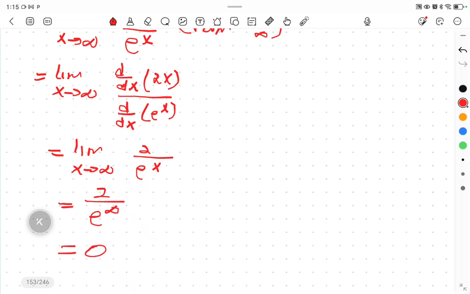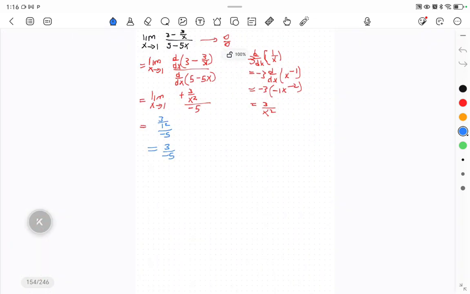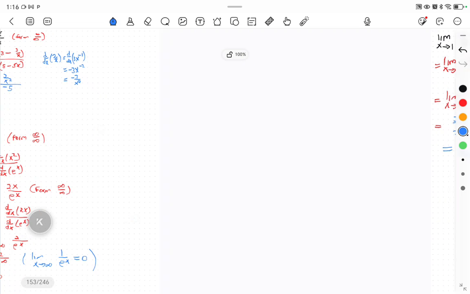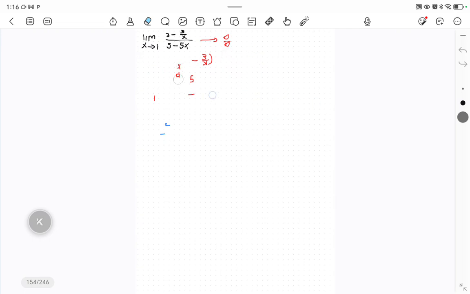It's right. So we should know this, that the limit as x approaches infinity of 1 over e to the x will always give us 0. That's right. So that is like 2 over x. Yeah, it's 2 over e to the x, which is 0 also. Doesn't matter the constant, it can be any constant. So we get this. Now, I think, yeah, this one we had solved even the last time. So now we come to,